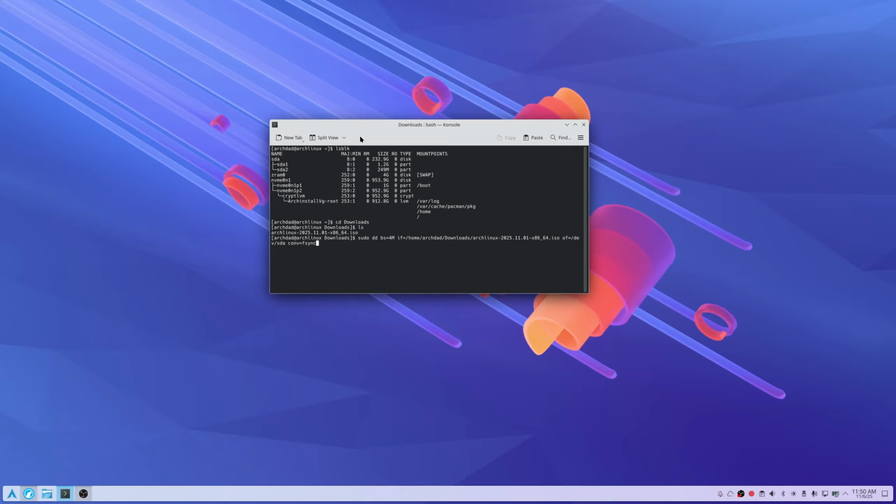Before you press enter, just again, make sure that you've got the right USB stick selected and that you're not putting in the name of your hard drive that's inside your computer, because that's going to do the same thing. It's going to wipe it out, which you don't want to do. So just double check it. We've got the correct path to the ISO file. And then we also have SDA, which is what we see up here. And when you're confident that that's right,